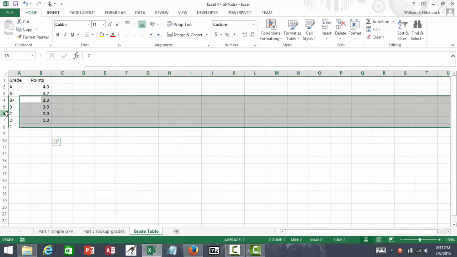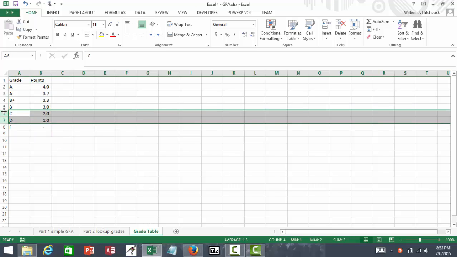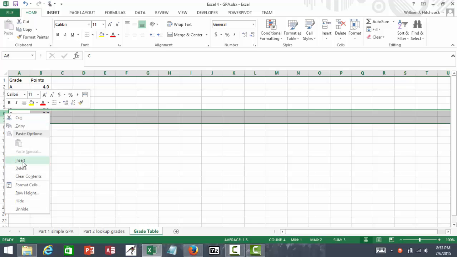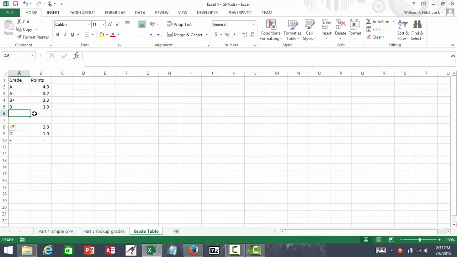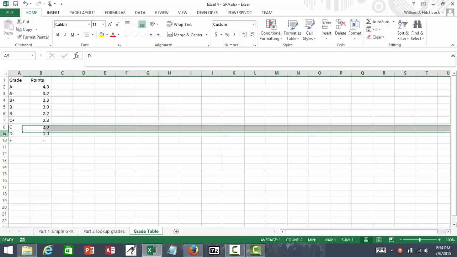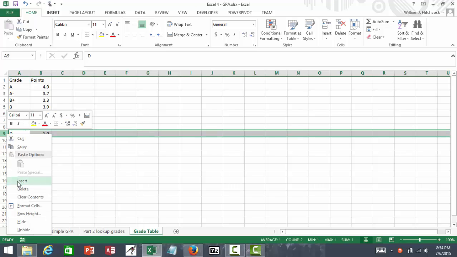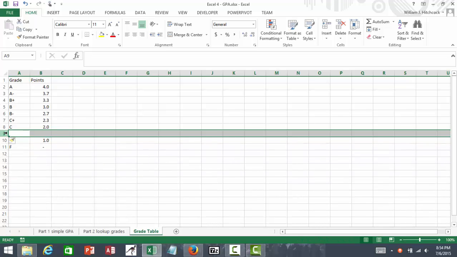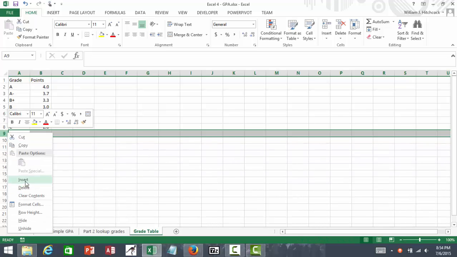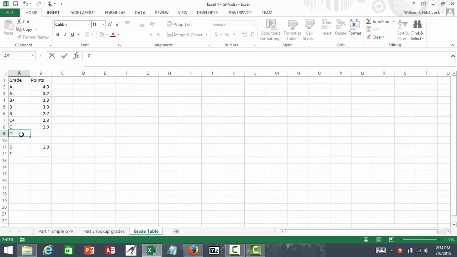Likewise, after a B and above a C, I'm going to insert a couple of rows where I've got a B minus and a C plus. A B minus is worth 2.7, C plus 2.3. Likewise, I need to insert a couple of rows here. I've got my C minus and a D plus, 1.7, 1.3 respectively, and finally